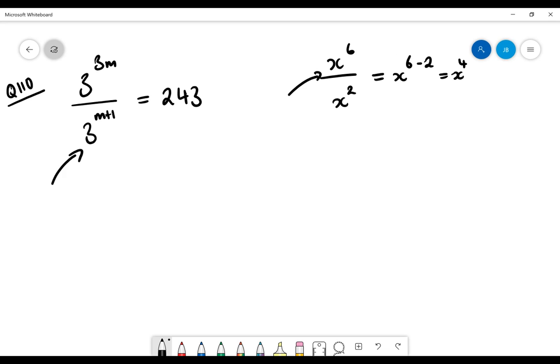So what we can do to simplify the left-hand side now is simply write it out as 3, and then we just subtract our powers. So that will be 3m minus. Now it's really important here that we're using brackets for our second power, because I need to make sure that I'm subtracting all of that second power. If I don't use brackets, then this part here would become 2m plus 1, which is wrong. If I do use brackets,